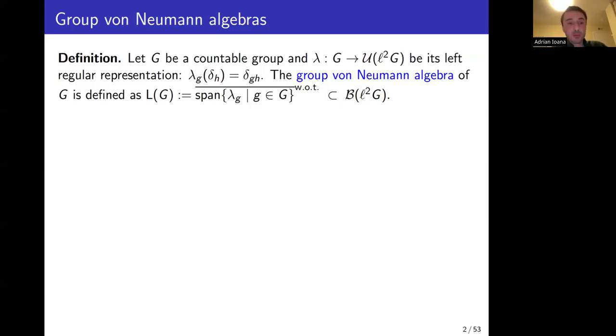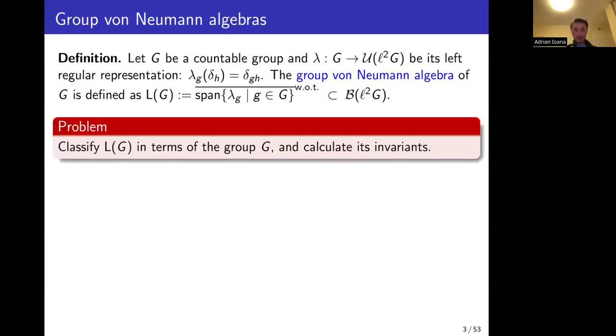And then the group von Neumann algebra of G is simply defined as the weak operator closure of the span of the image of the left regular representation. The span of the lambda of g's forms a star algebra, and taking the weak operator topology closure forms a von Neumann algebra, so a weakly closed star algebra. And once you have this construction, it's a natural question, studied now for a long time, to try to classify L of G in terms of the group G, and also to determine what the invariants of L of G are,